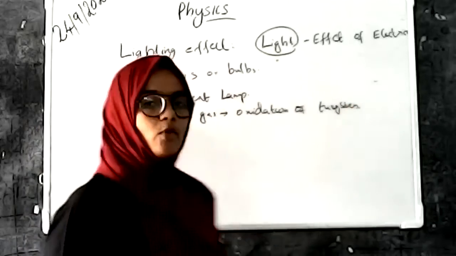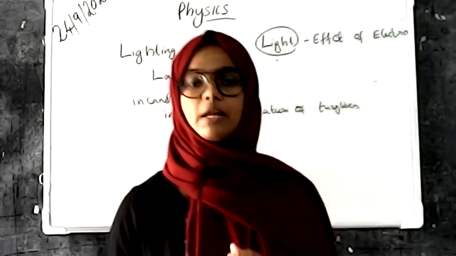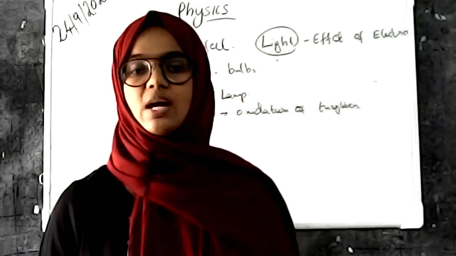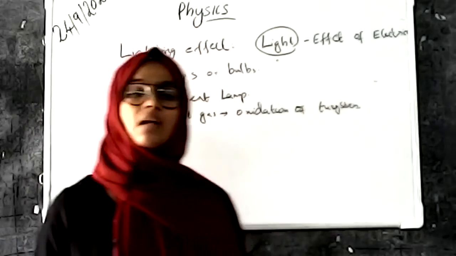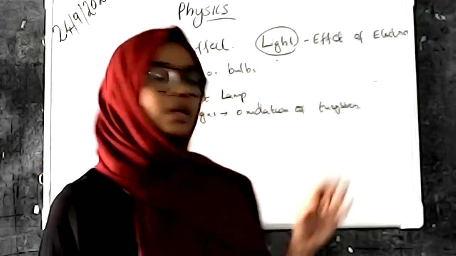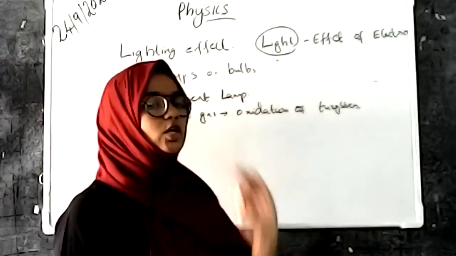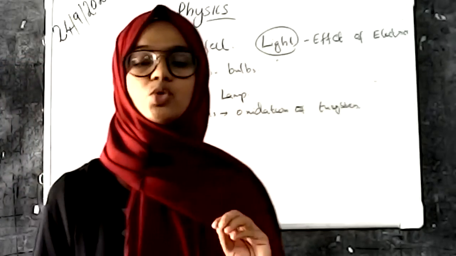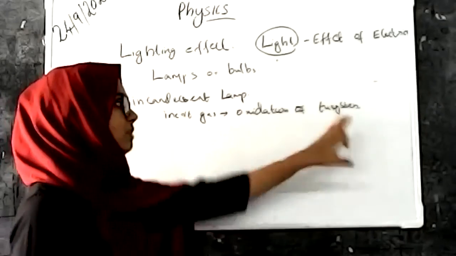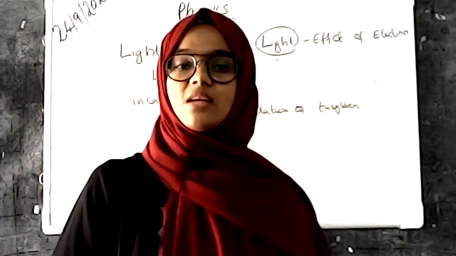And we are discussing the properties of tungsten filament. What are the properties of tungsten filament? It has higher resistivity, higher melting point, and higher ductility. It can be transformed into very narrow fibers, and it becomes white hot when electricity passes through it. These are the main reasons tungsten is used as the filament in the incandescent lamp.